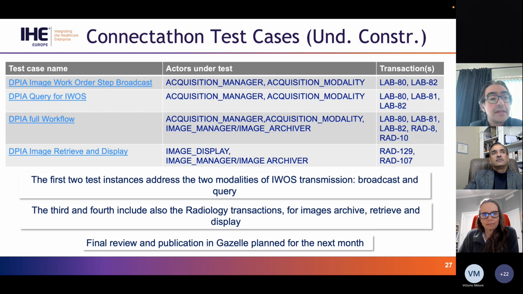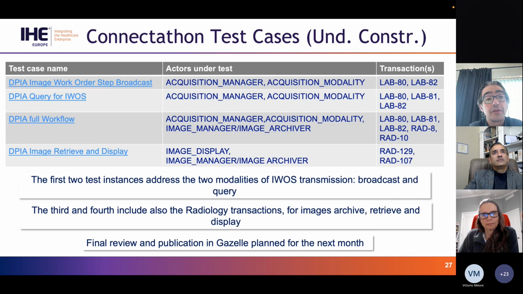Mainly, there are two of them that address the transmission of an image acquisition request between a modality and manager in the two ways that are defined by the profiles,